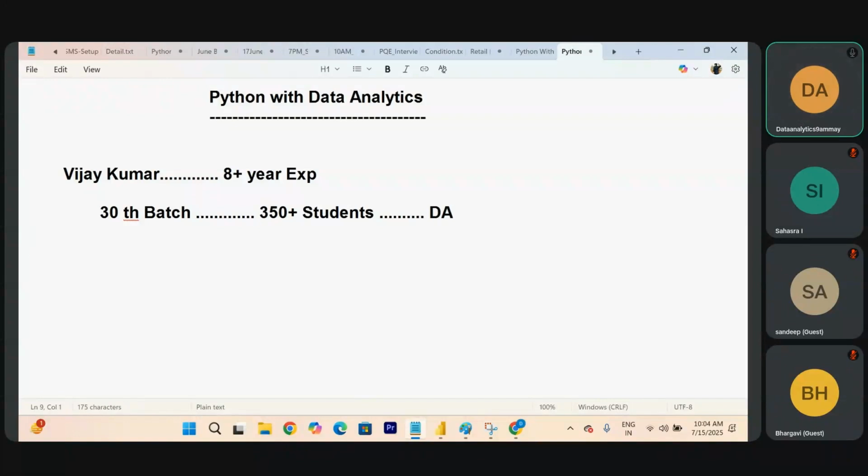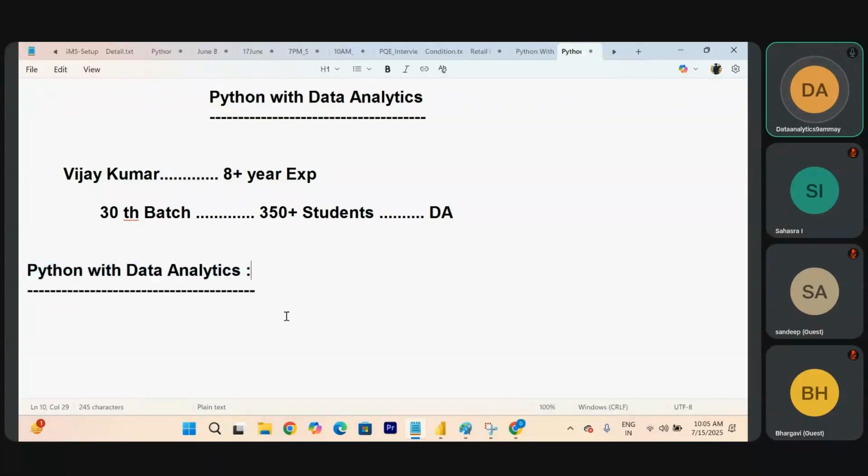Data analytics is not just data analytics which we are going to do here. We are going to do data analytics with Python. Data analytics, data analysis, data analyst are all the same. Now just understand why we are using Python with data analytics. When you go for data analytics, we will understand what technologies there are in data analytics, and then after that we will understand why Python is required here.